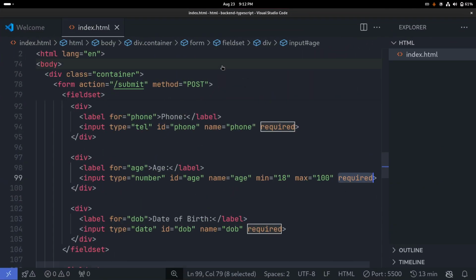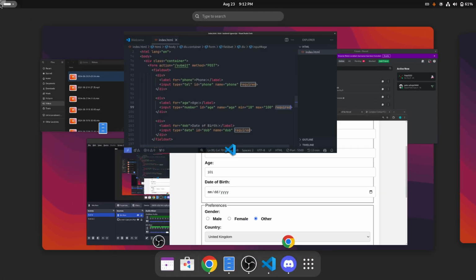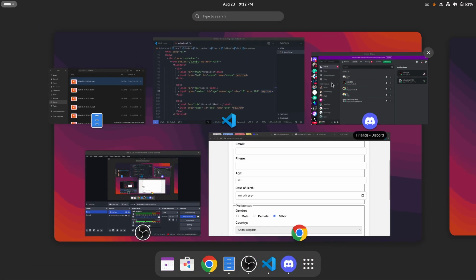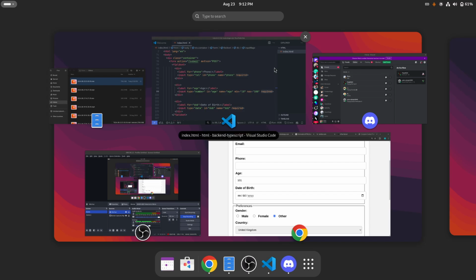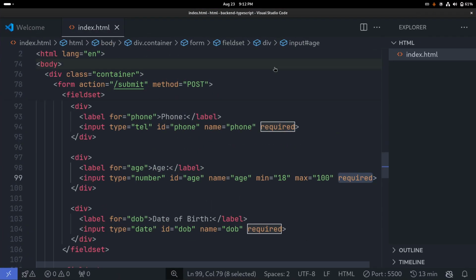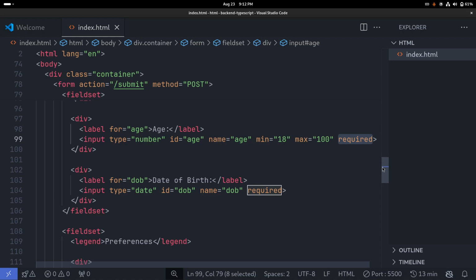But remember that the validation is not 100% useful, because a user can modify or edit the HTML code through their web browser with some technical knowledge. So in the future we are going to use JavaScript and backend validation to improve this validation. And the last one about this section is, for example, the date of birth,